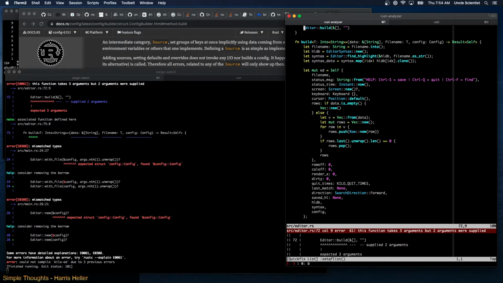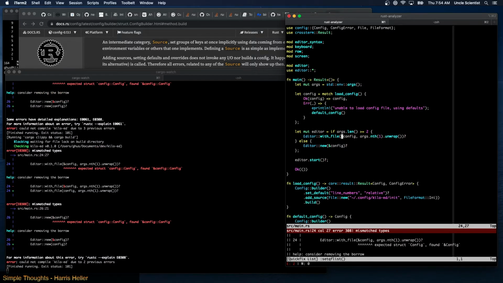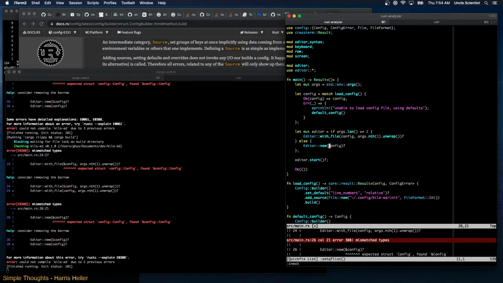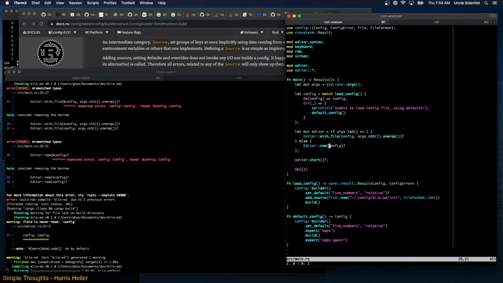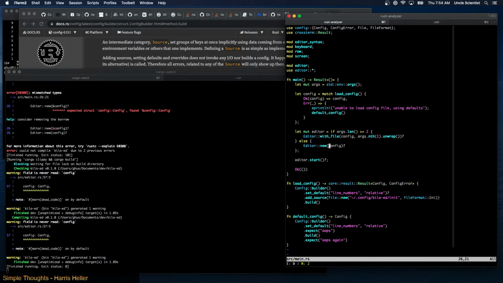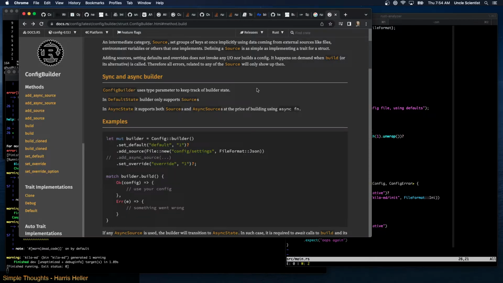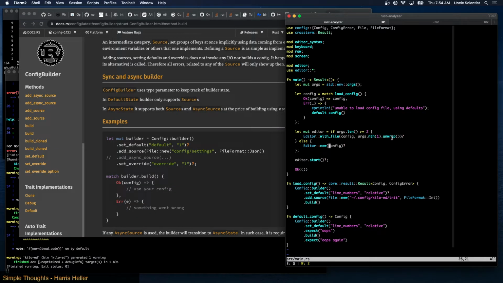Supply 2 arguments, expected 3. Oh, I forgot to put it here. Consider removing the borrow. Oh, right. No, it takes it. Okay, good. So we're able to move it around like that. We're not using it, but that's okay. And now I should be able to say,